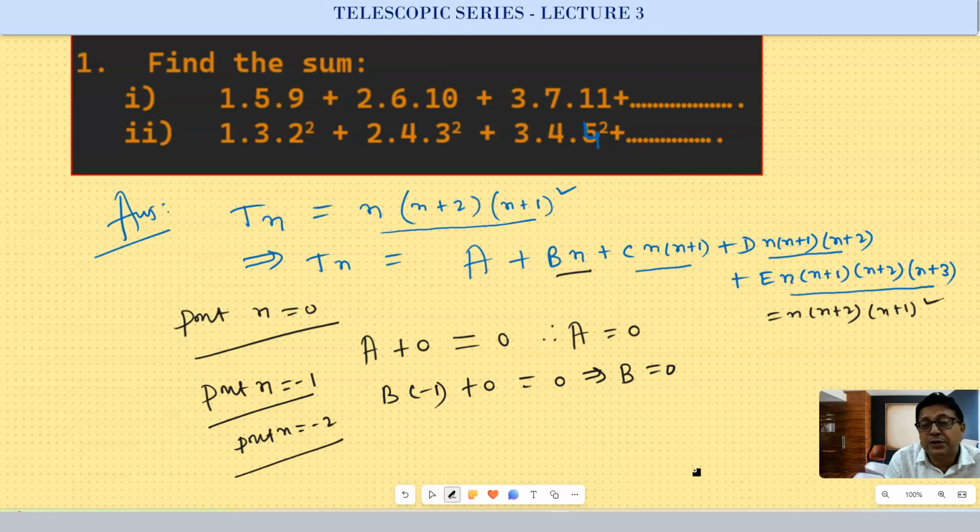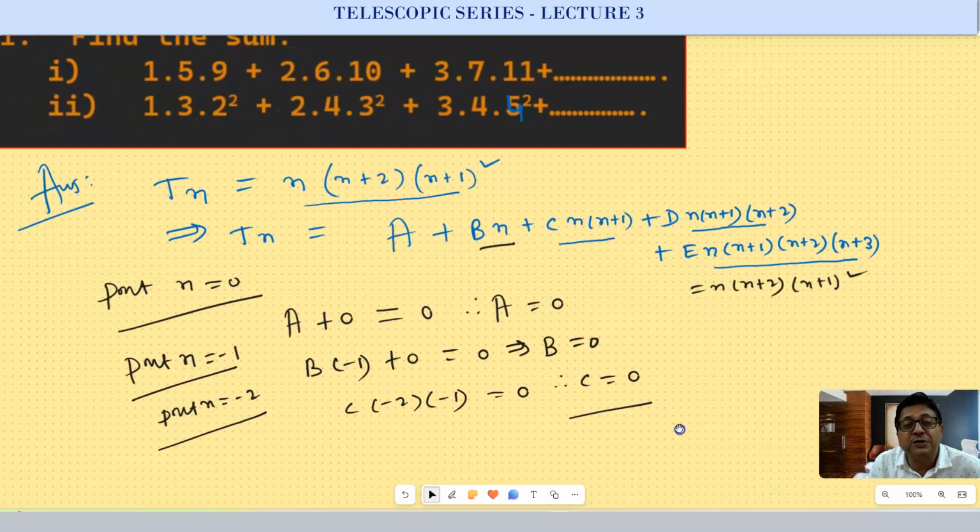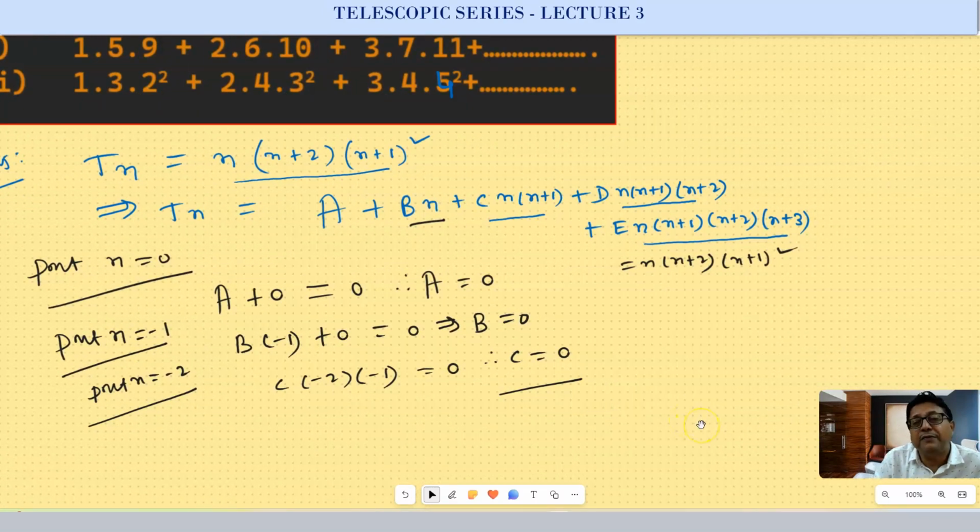n equal to minus 2. So if you put n equal to minus 2, C into minus 2 into minus 1 will be remaining. This portion 0, this one 0, minus 2 also 0. Therefore A, B, C, these three factors are equal to 0. You have to find the value of D. You can put one value over there. Put